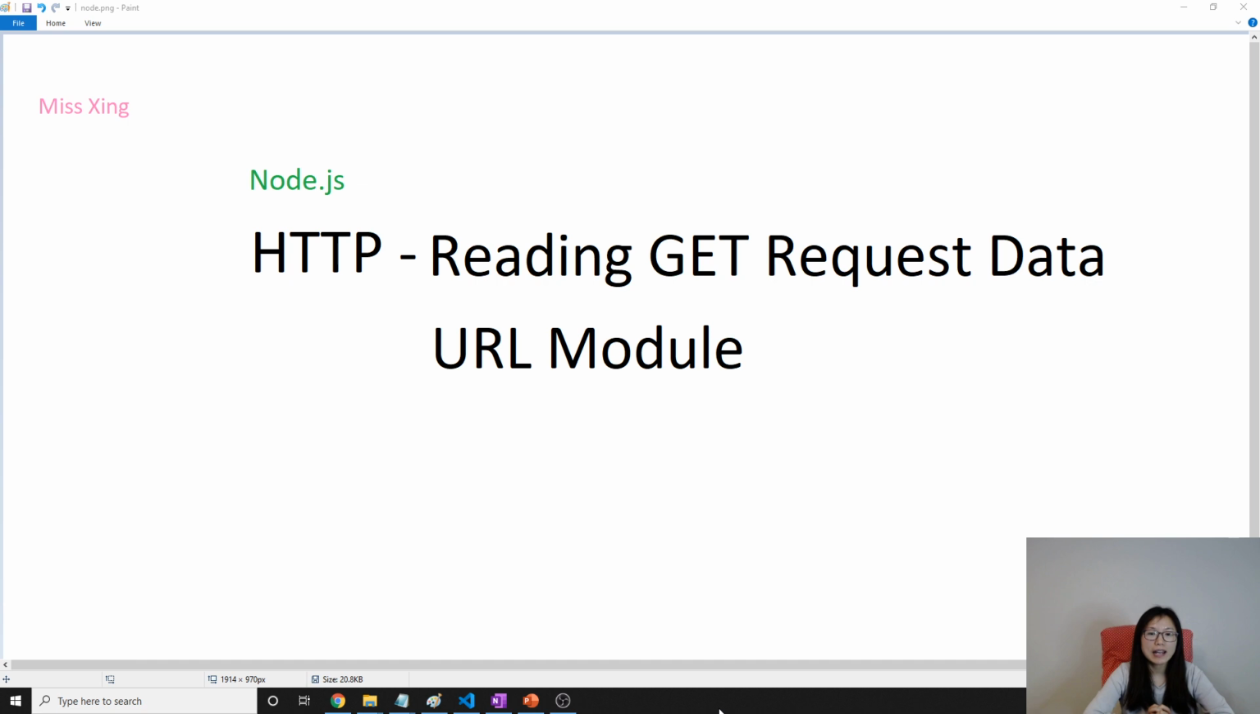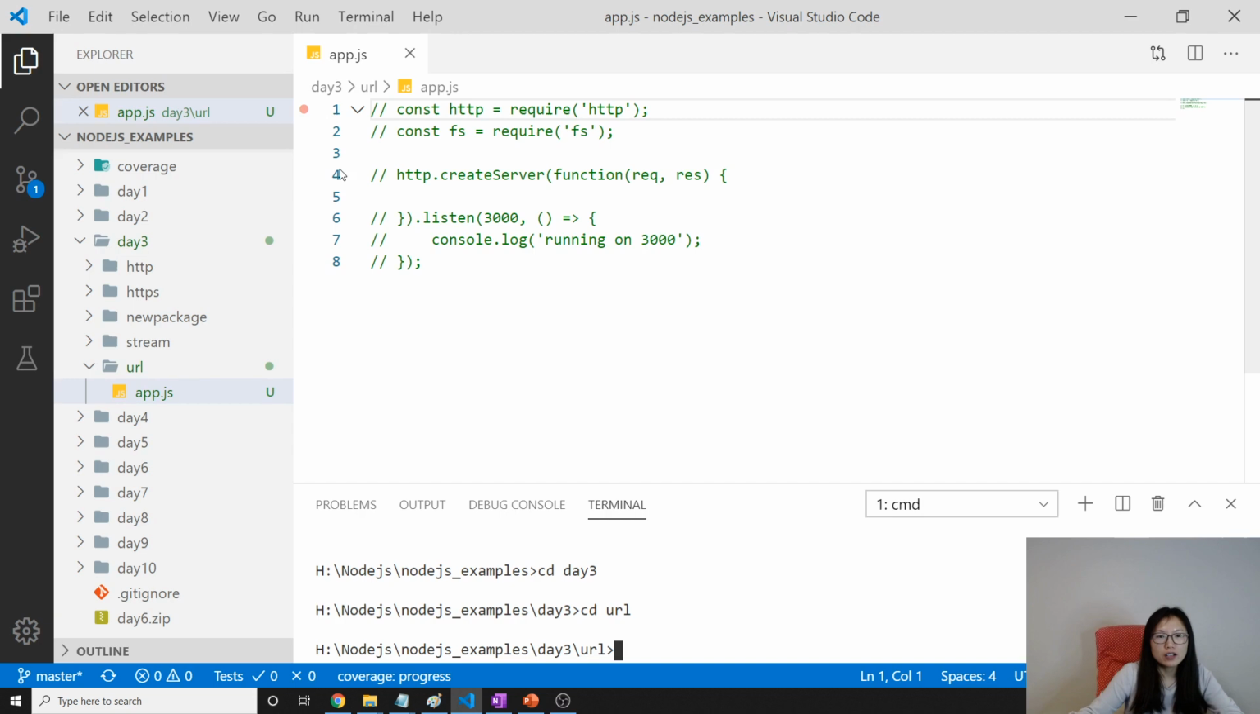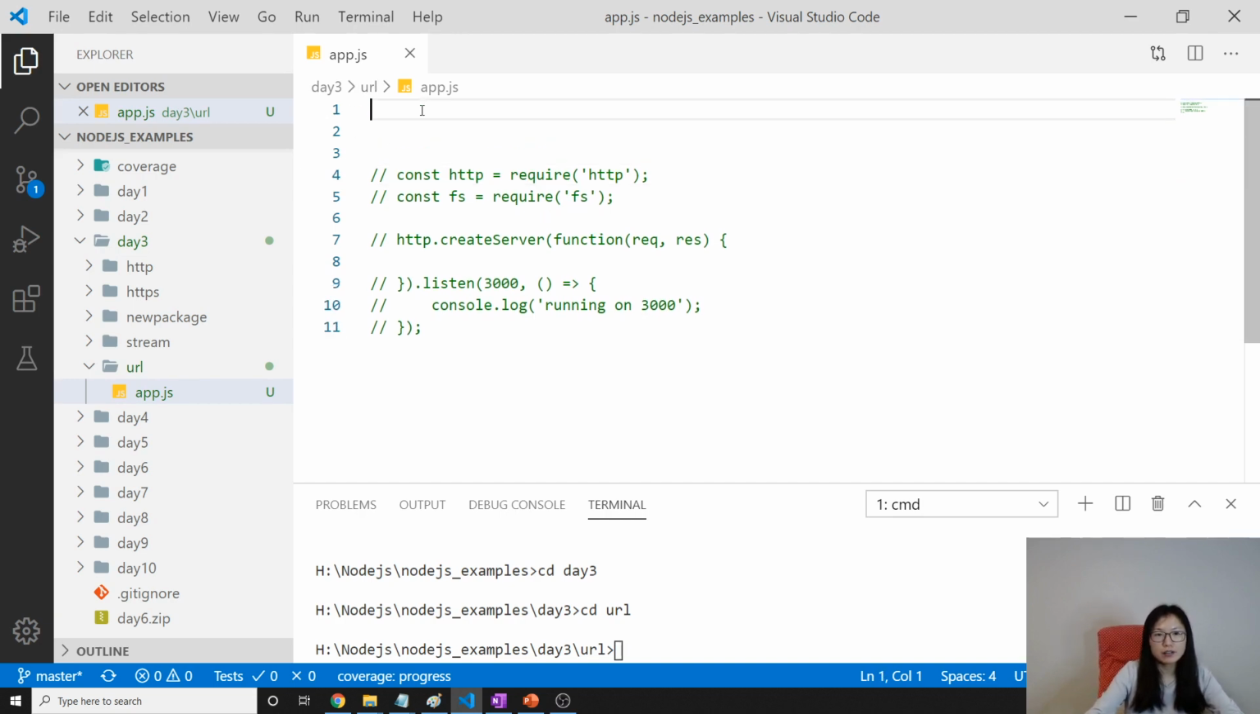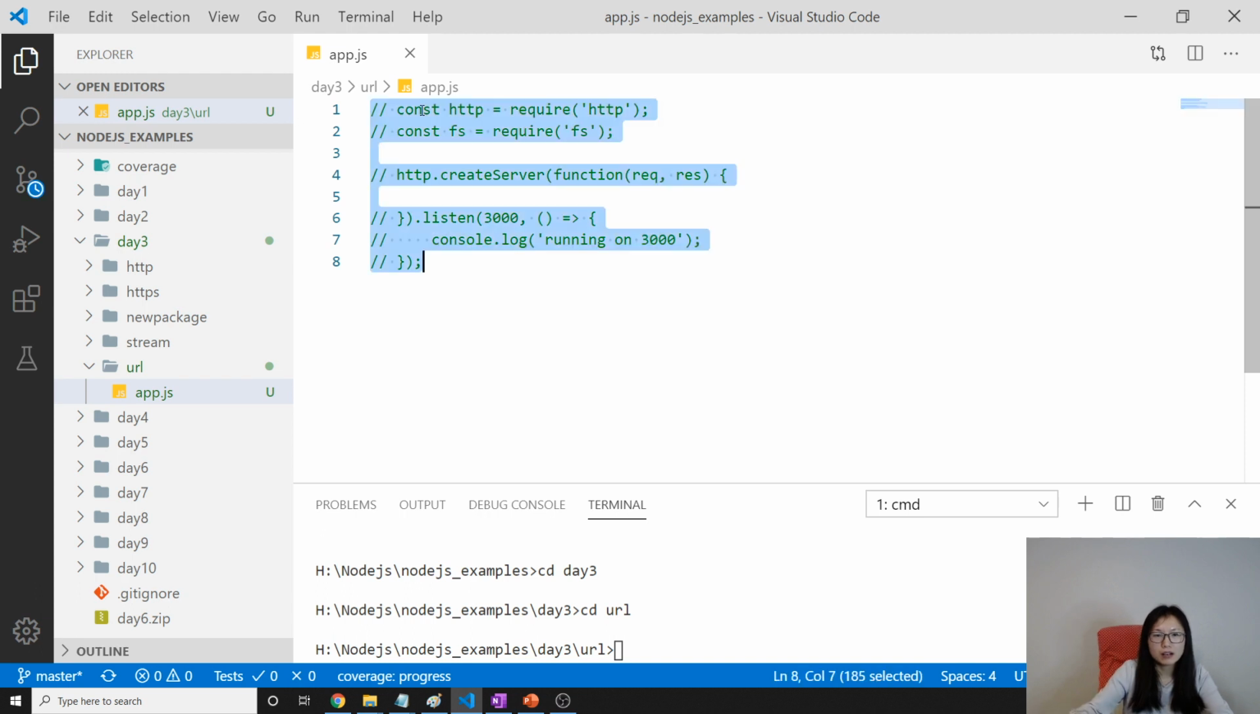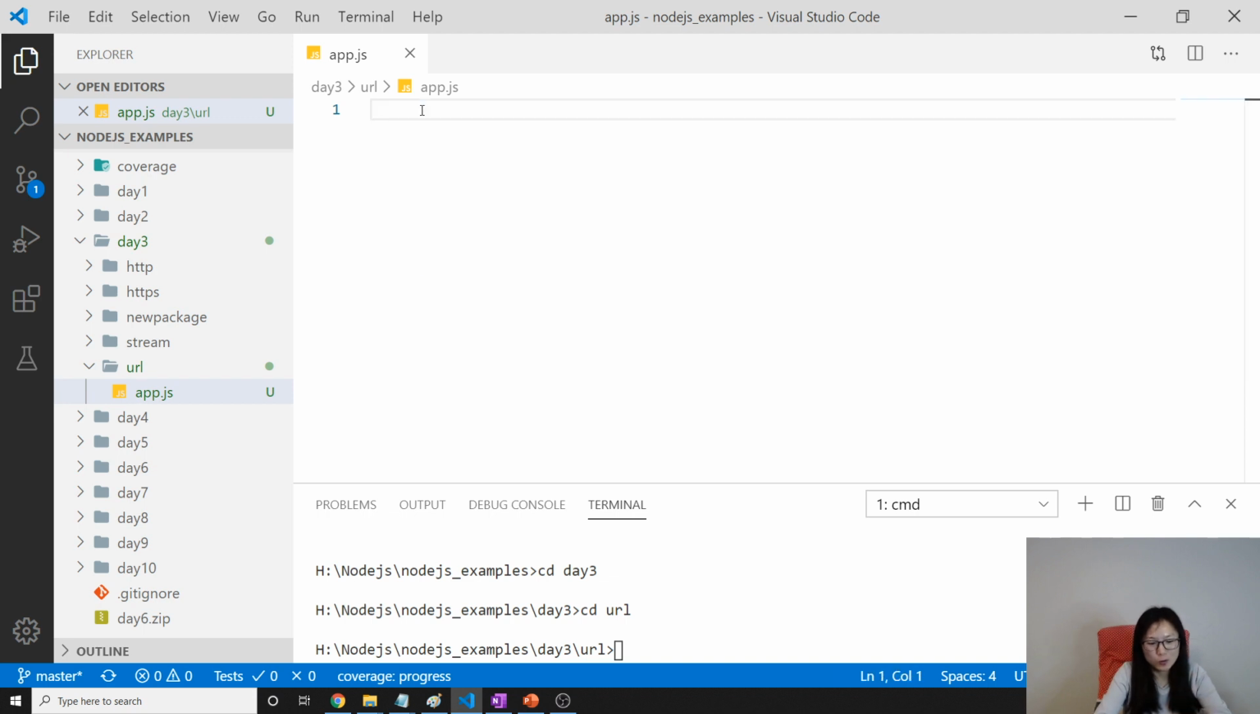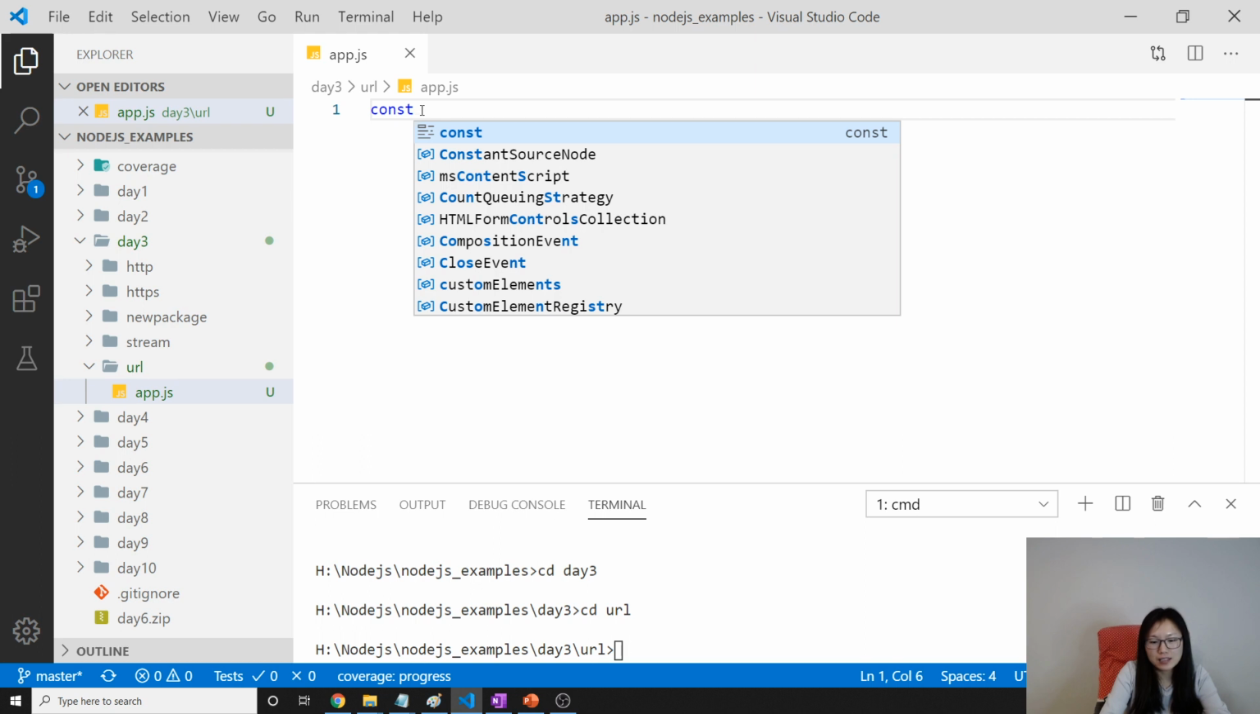Now let's get into the URL module, which you can use to get information from a URL. I create a new file here and copy something to use later. Okay, so the first thing is very easy, which is